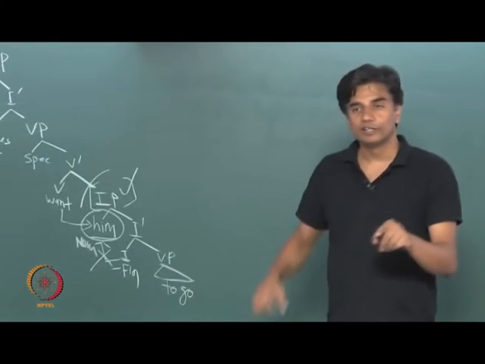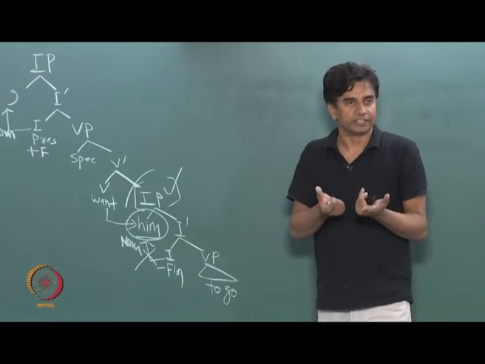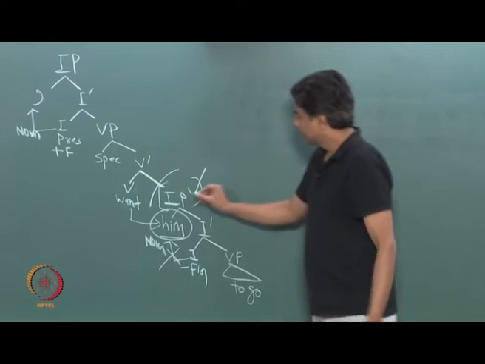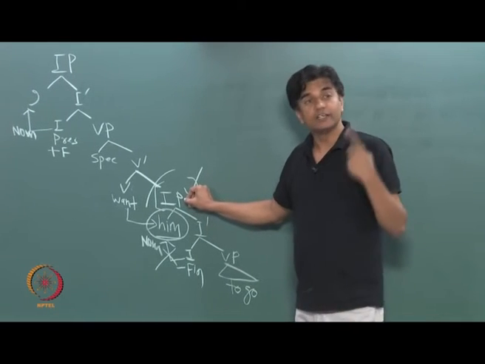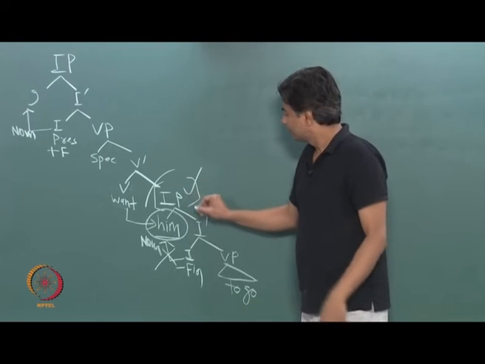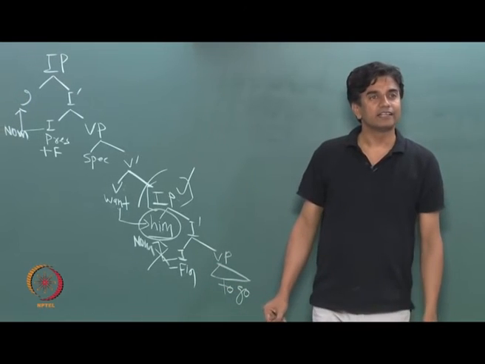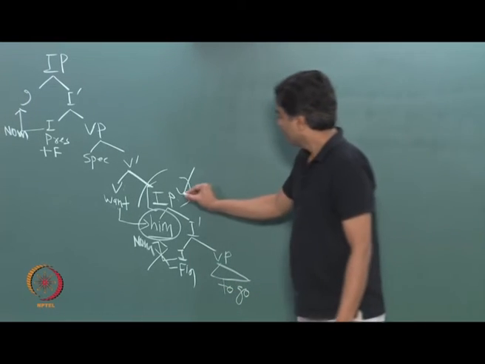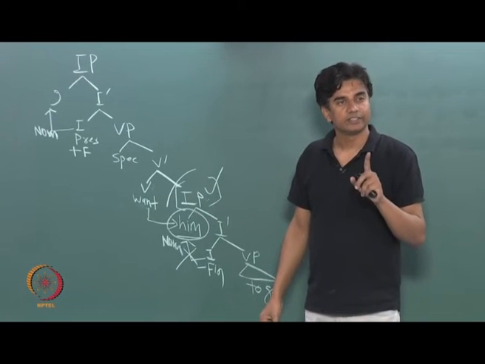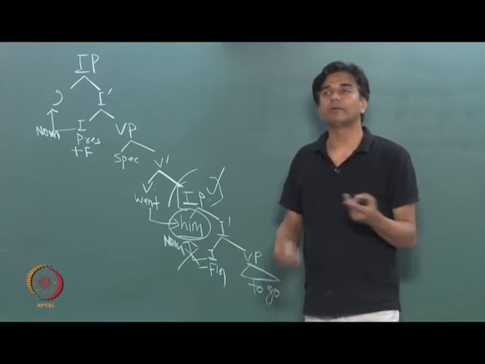So some people suggested a couple more things. They said, look, because they knew this is a barrier, okay? They said, look, there is one way to say that non-finite IPs, please pay attention to that, non-finite IPs are probably not barriers,